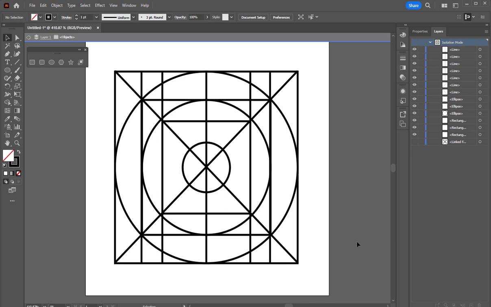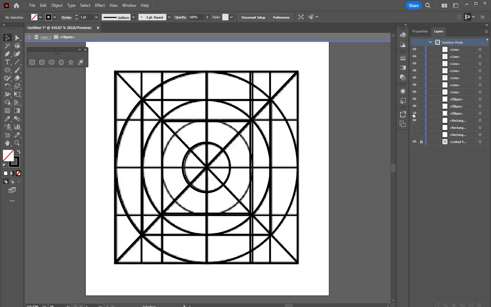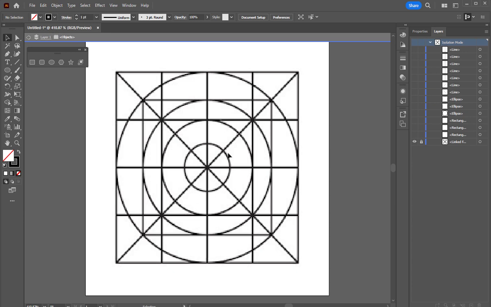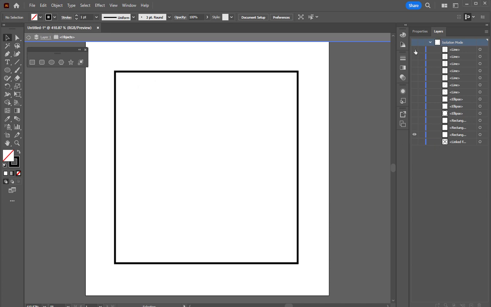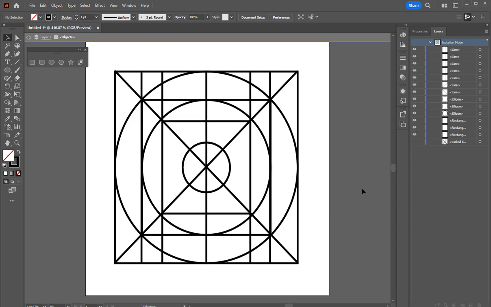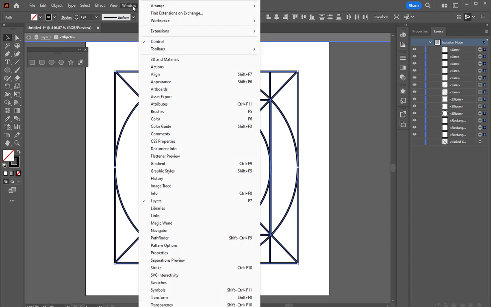Okay, so the good thing about doing a grid this way, right, we could have brought this grid up and locked it. If I close off all these, you can see it, and then I can't select it. But I can't align to any of these lines because they're just a picture. The good thing about recreating our own grid, turn those all back on, is I can select it and go to